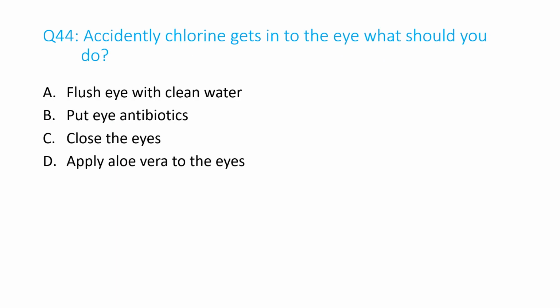Question number 44. Chlorine accidentally gets into the eyes. What should you do? A. Flush the eye with clean water, B. Put in eye antibiotic, C. Close the eyes, D. Apply aloe vera to the eyes. And the answer is